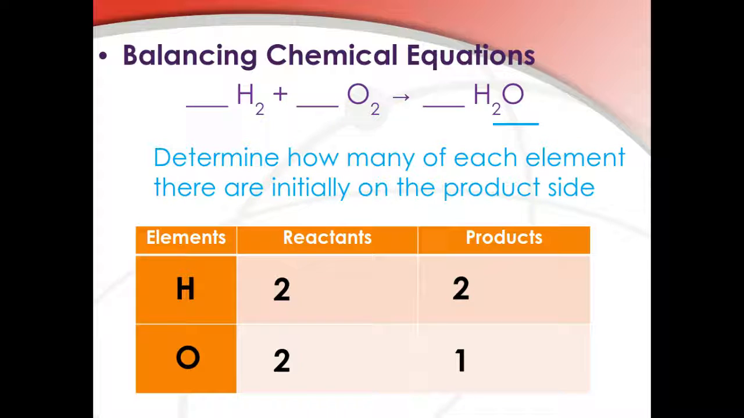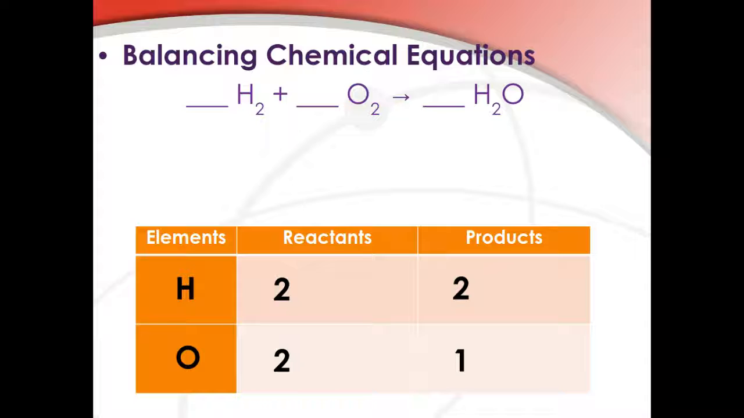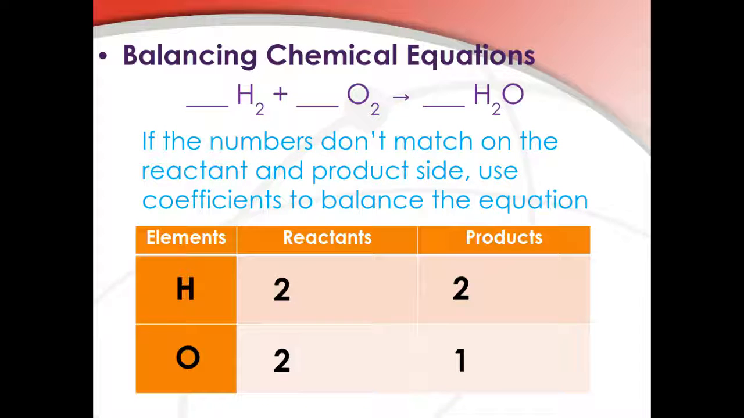Now I can really clearly see that my hydrogens are balanced, but my oxygens aren't. The only way to balance my oxygen is to add a coefficient. So I need to add a coefficient to H2O in order to get 2 oxygens and balance out my oxygens. Now, it seems a little backwards because I've also now thrown my hydrogens out of balance because I can't just add oxygens on the product side. I have to add H2O or water molecules. But I can go back and add a coefficient to my hydrogen gas on the reactant